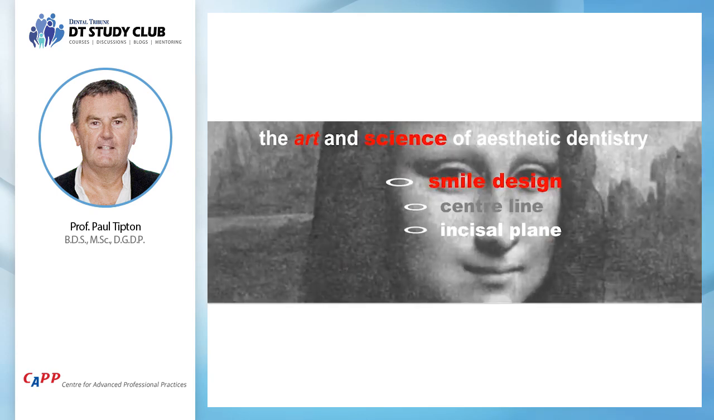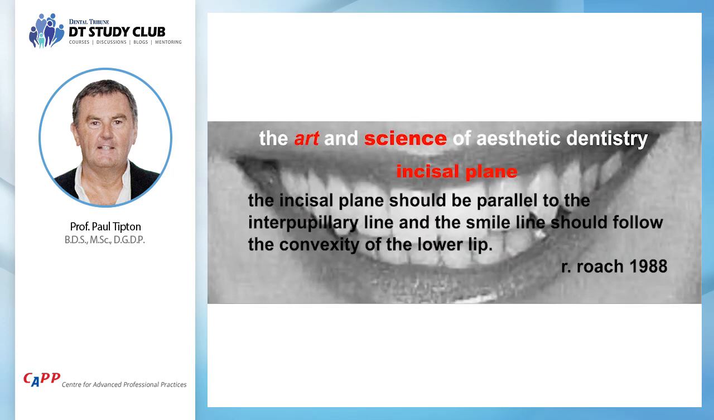Next thing to talk about is incisal plane. And what do we mean by incisal plane? The incisal plane is an imaginary line which connects the incisal edges of the two central incisors, another imaginary line that connects the two laterals, the tips of the canines. All those parallel lines are at different levels, and they should all be parallel to either the interpupillary line or